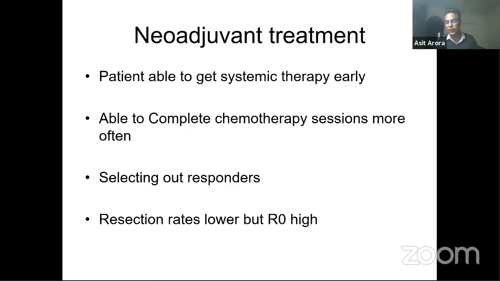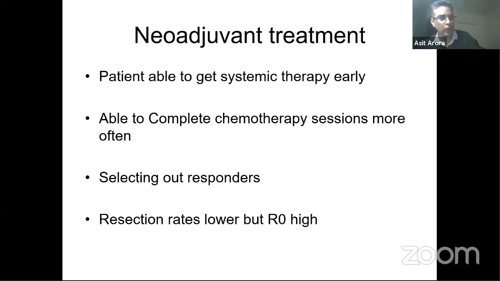But if you look at the intention to treat analysis for most of these series of neoadjuvant treatments, what we get to know is, is it actually the patient selection? Are we just selecting out the good biology disease rather than anything else? Will there be a dropout of a significant number of patients? Is it just that we are selecting out good patients, and that is why we are getting good response to our neoadjuvant therapy patients? Dr. Shikhande, I would like to have your views on this.